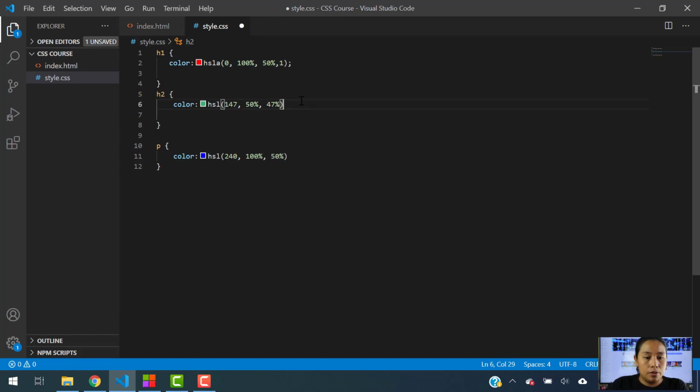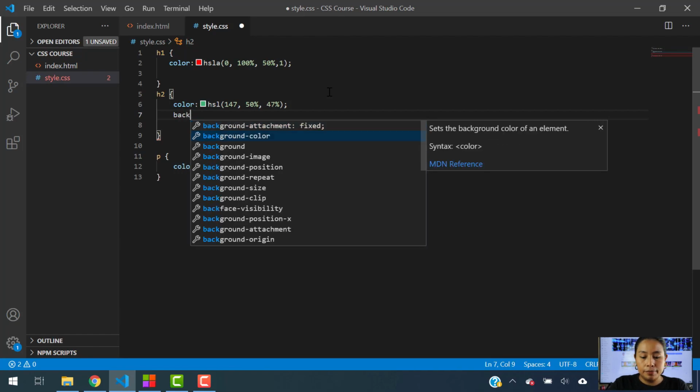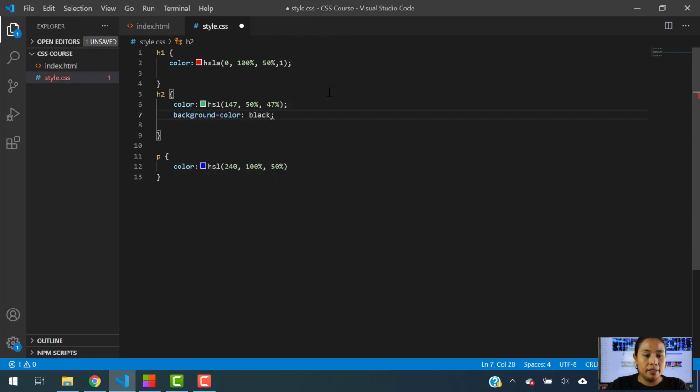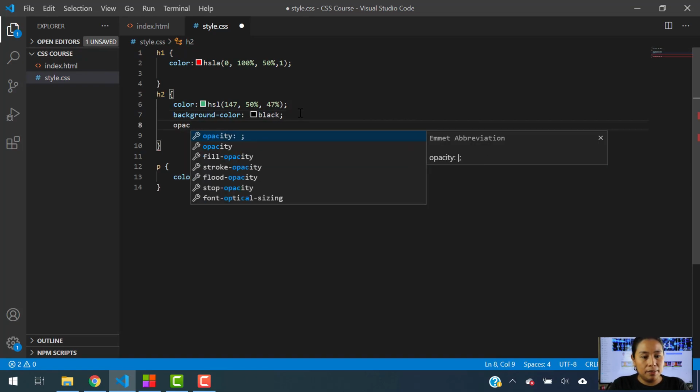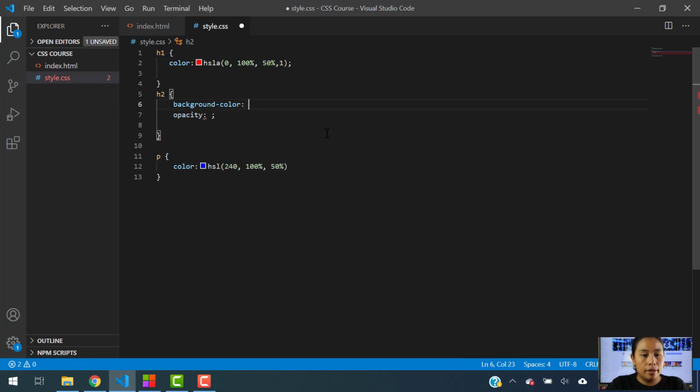Well, first thing we have to do is close that syntax, and then we are going to apply a background color, and it's going to be black. Okay, now this background color is going to have an opacity. Actually, let's eliminate the color completely from green, and we're going to make the background color look, I don't know, let's say purple. Okay, let's do purple,